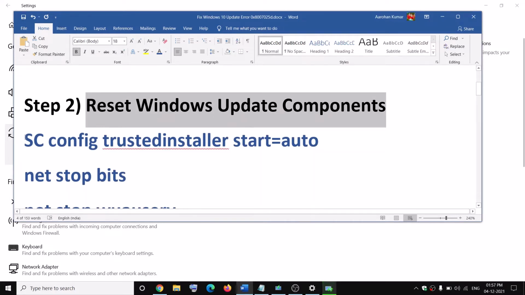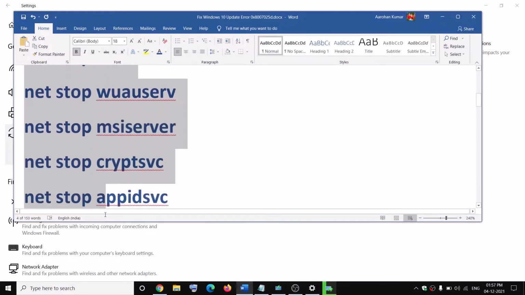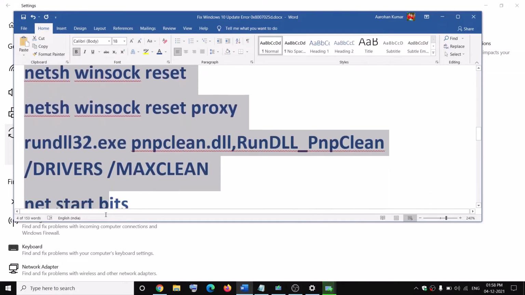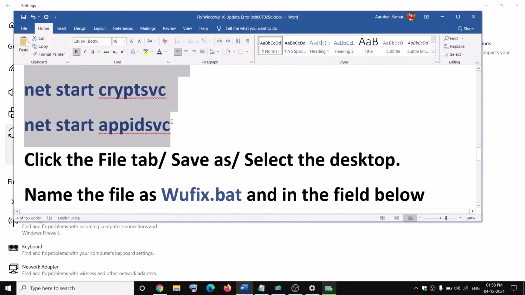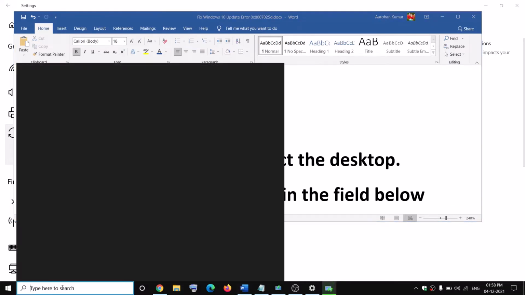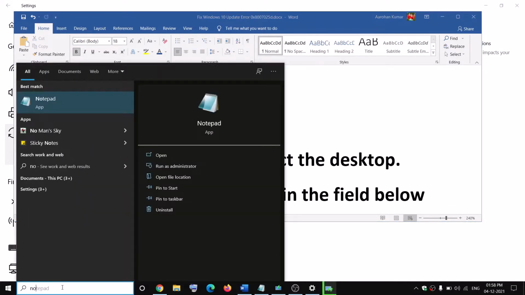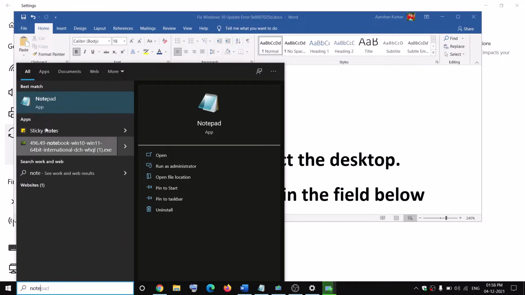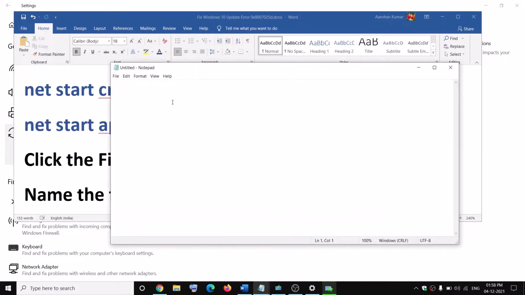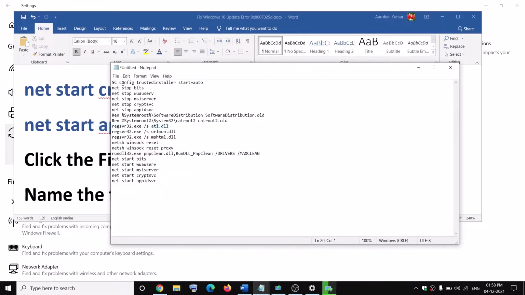For this, copy all these commands. These commands are provided in the video description, so copy them and then open Notepad on your computer. So type Notepad in the Windows search box, open Notepad, paste all the commands over here, then go to File, then click on Save As,